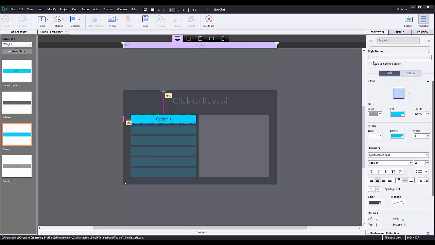This one again just says ELB tabs for it, and then this one does not have a style to it. It uses the same style from the normal, but it has its default style for rollover applied to it in ELB tabs, if that makes sense. Selected is not a